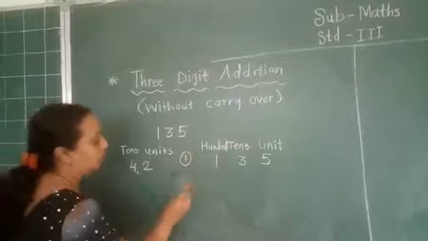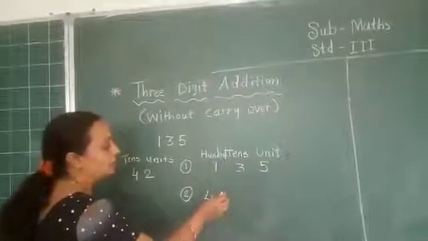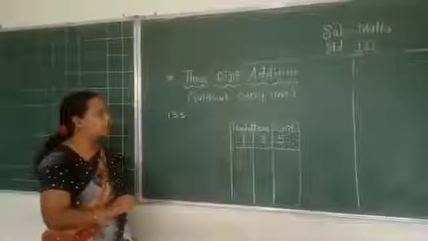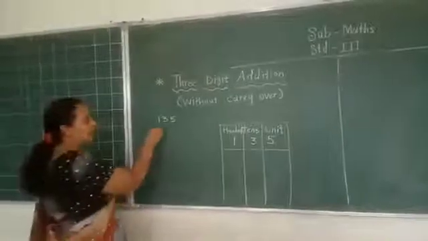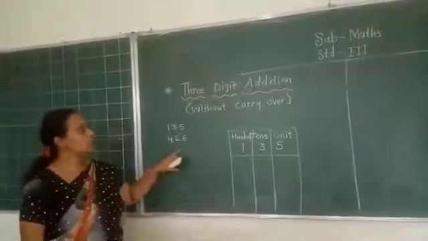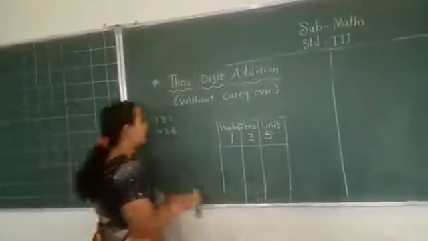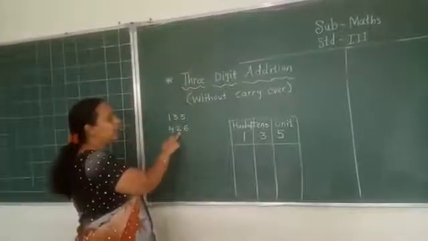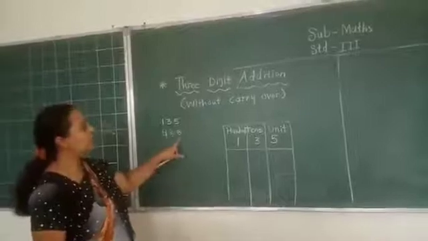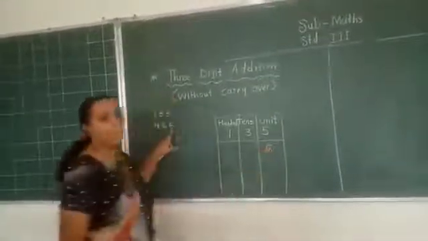Let's take one more example. Now see, this is number 400. Now let's do one more example. 426. Here also 3 numbers are there. Now we will go like this: unit, tens and 100. Now tell me, how many units are there? The 6 is unit. Then we will write 6 in the unit column.